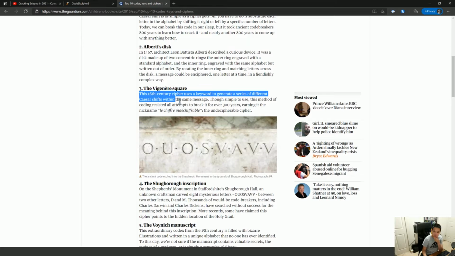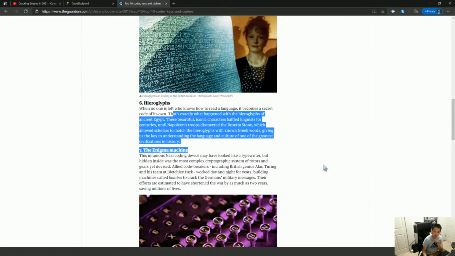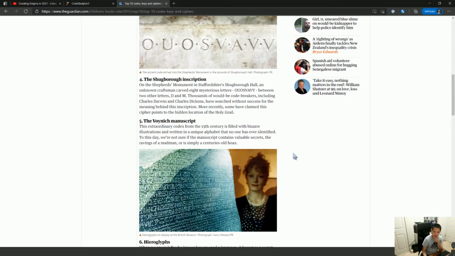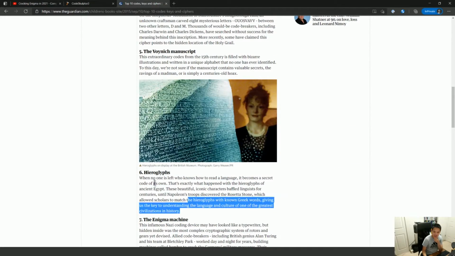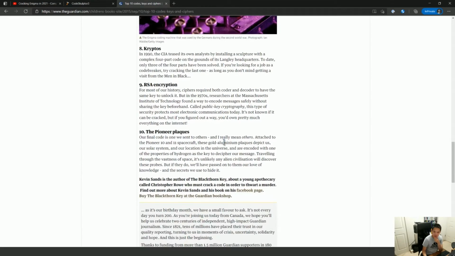Vigenere square. That has a strange name to it. Okay, ooh. These are not at all, these aren't ciphers. But